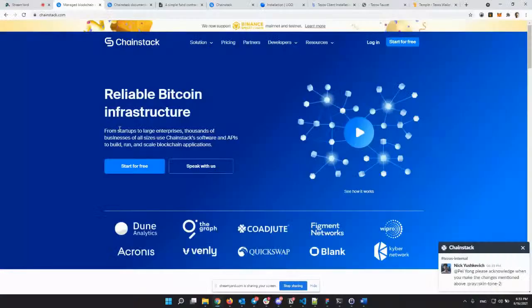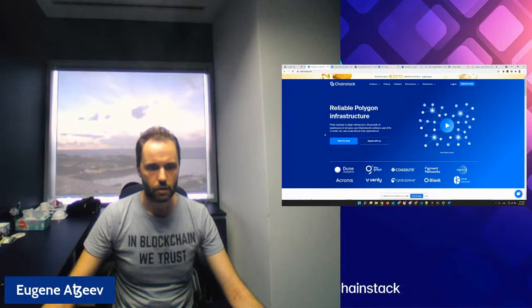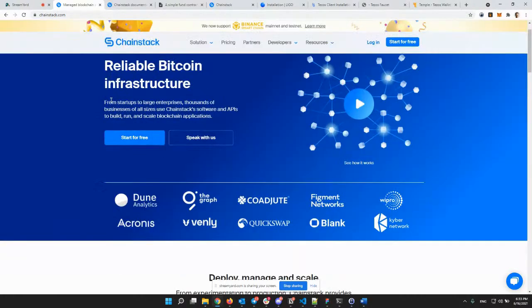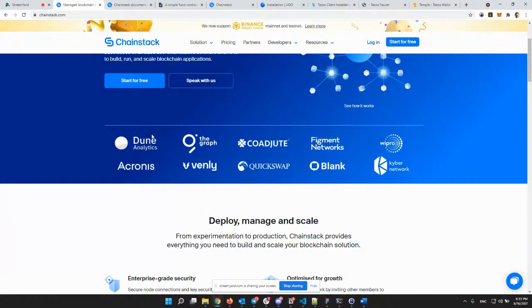So basically, this is our website. Anybody who is interested, you can go check it out. It's pretty sleek, and you can see that we're supporting multiple protocols, like consortium protocols, public protocols as well. And soon in this spinner, you will see Tezos as well in a couple of days. We have customers like Dune Analytics, The Graph, and others who are quite well known in the space.